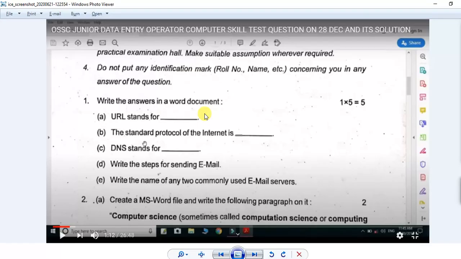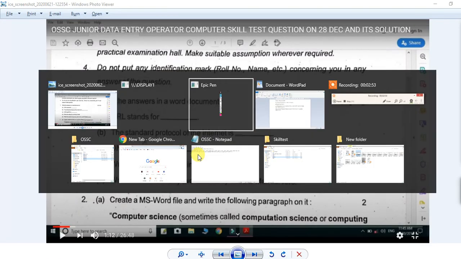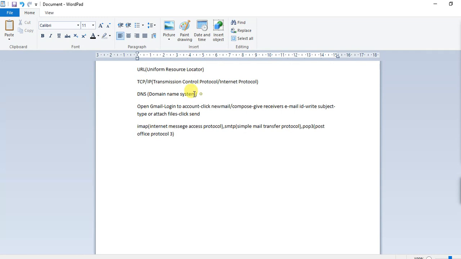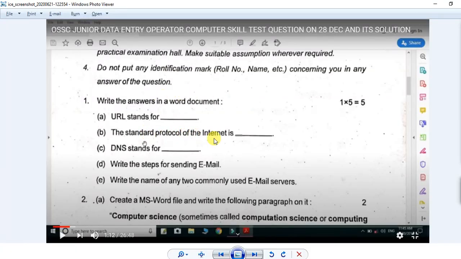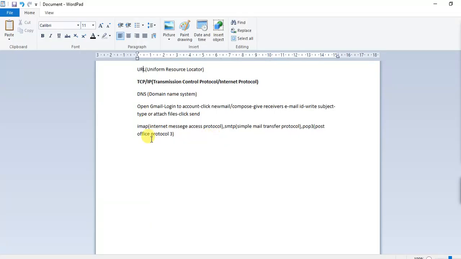Going to the next question, you can write DNS, Domain Name System. Remember this thing, this is very important. I am making it bold so you don't forget. What is the question? The standard protocol of the internet. TCP by IP. Then what is DNS? It's Domain Name System.